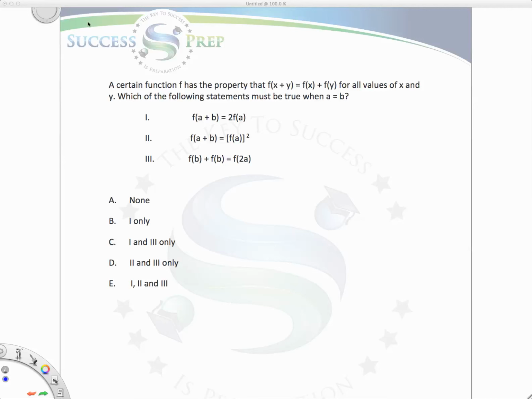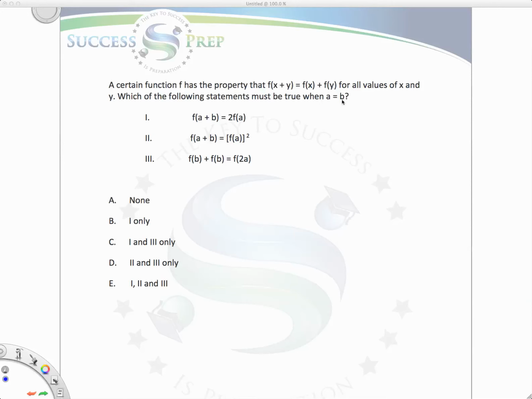You could get a question like this on the SATs. It's what I'd consider a question on functions. It says if certain function f has a property such that f of x plus y is equal to f of x plus f of y, okay? For all values of x and y, it says which of the following statements must be true when the value